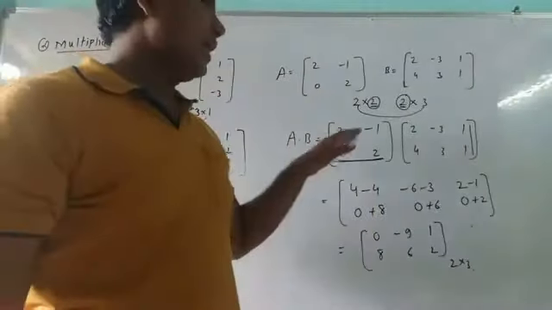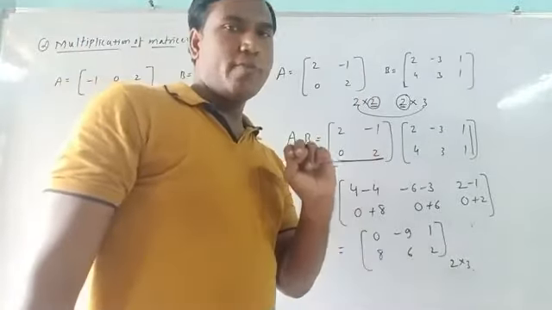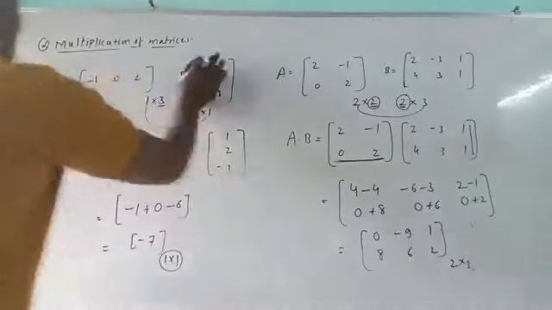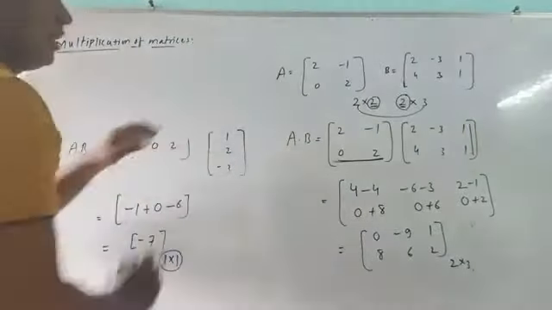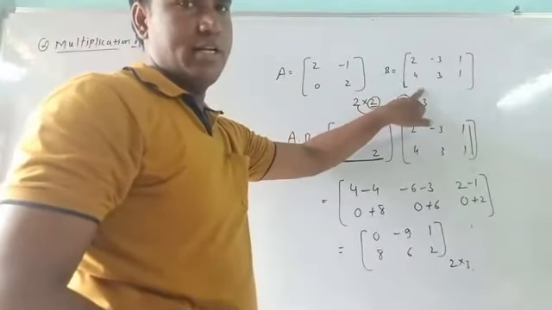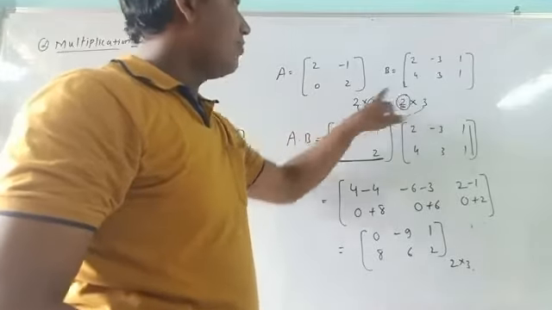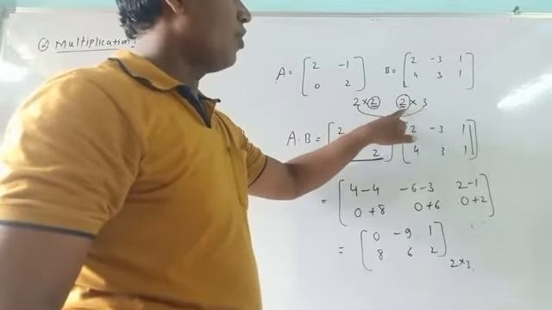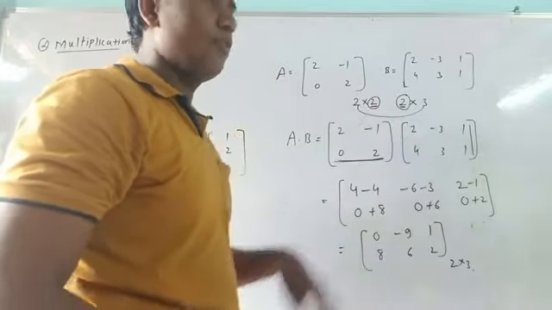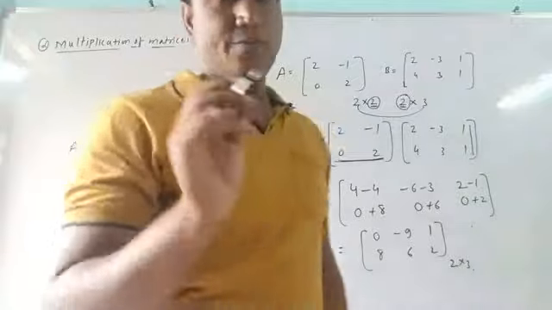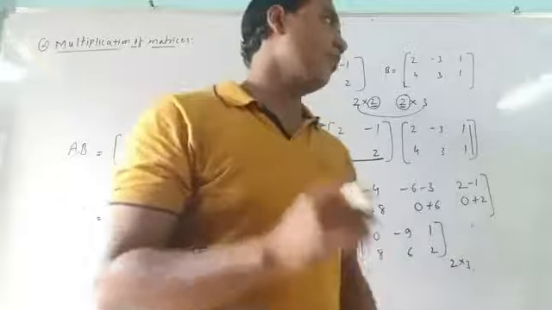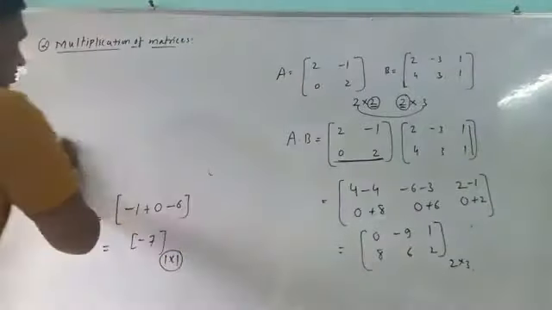Now we extend this idea to the multiplication of 2 by 2 matrices and 3 by 3 matrices. It is a multiplication of rectangular matrices. What is a rectangular matrix? If the number of rows is not equal to the number of columns, it is a rectangular matrix, and otherwise it is a square matrix. Number of rows is equal to number of columns. Now we have to multiply. If both the matrices are square matrices, meaning they have the same order, then how to take the multiplication here now?